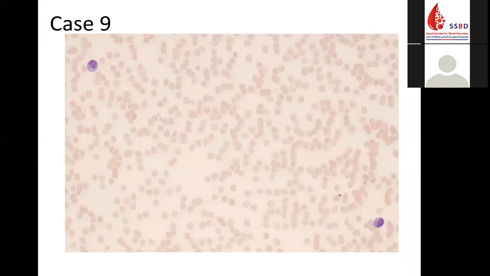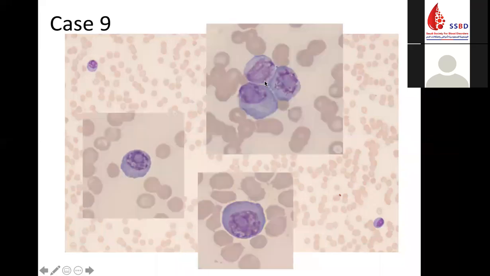And this is the peripheral blood morphology. What do we have here? What do you think? What is the catchy finding in this blood smear? Rouleaux, yes. We have a very nice rouleaux formation. And we have, yes, circulating plasma cells. Thank you. So the circulating plasma cells in this case were approximately